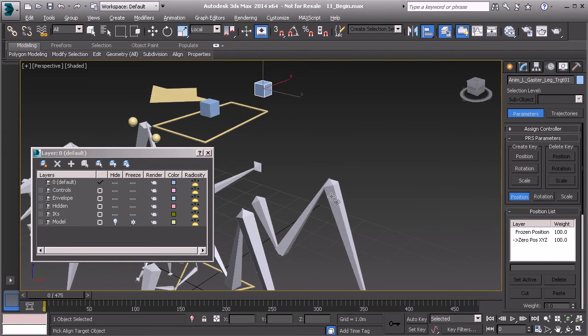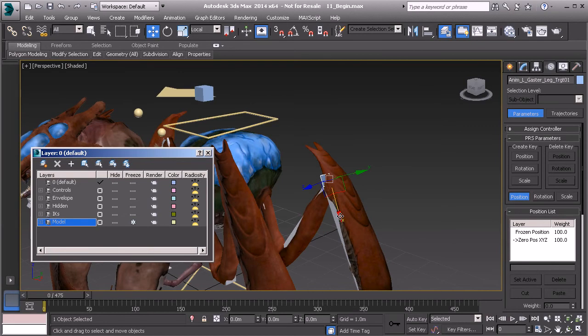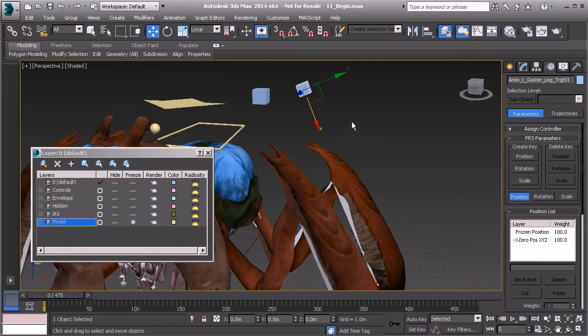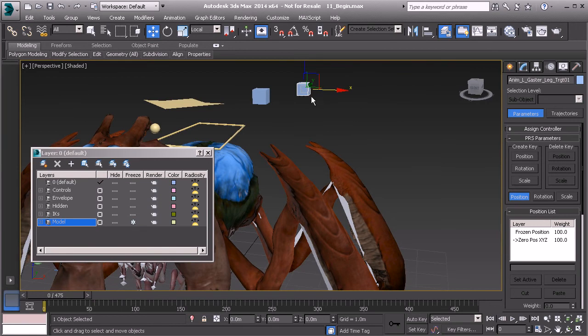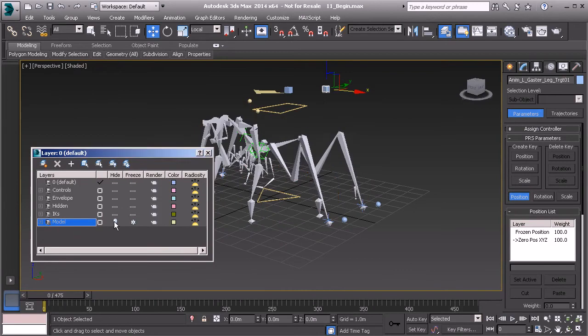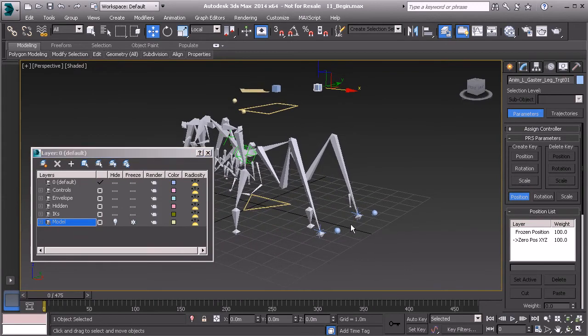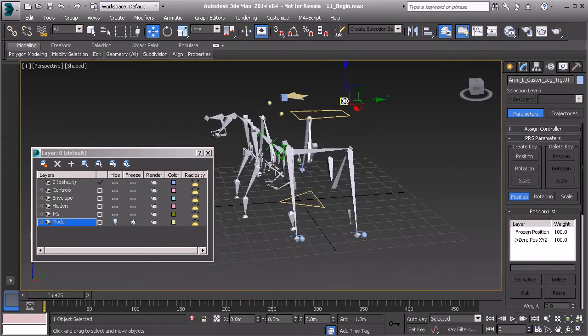Alright, and then when you go ahead and Alt-A align, you can bring back your model. You could start to lift up the cube object. Now you can go ahead and right click and use rotate to 0 to correct the orientation. Now at this point, we can go ahead and hide our model. We can go ahead and grab the IK goal here, and we can choose pick target and grab our cube. So now when we go ahead and take the cube and we start to move it, we're now controlling that